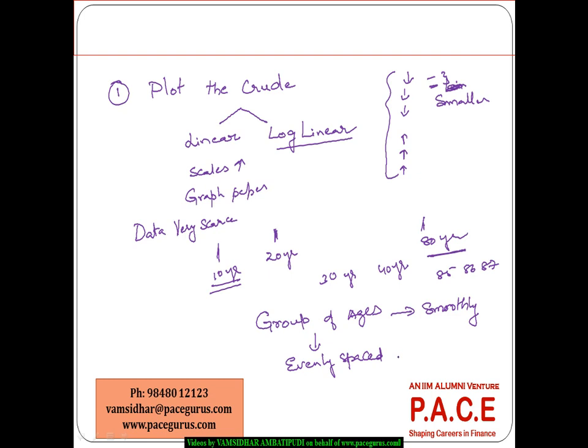And when we are doing a plotting for that group, probably if we are saying for every 5 years I am creating an age group, right? So probably 20 to 24 is one age group, 25 to 29 is one age group, 80 to 84 is one age group. So when we are trying to do a plotting, probably you try to plot the mortality